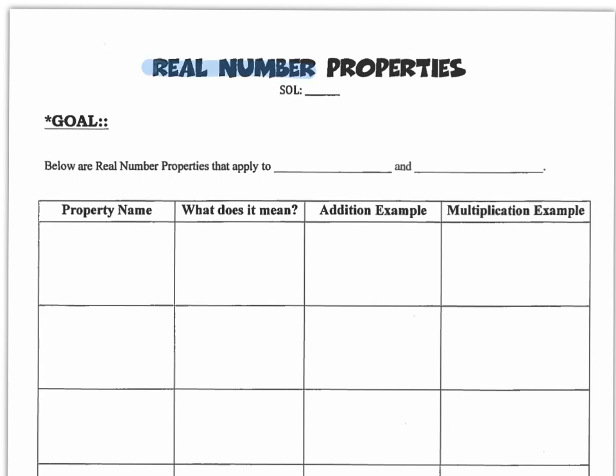So highlight my title. I've used this in previous years and it talks about SOL. We don't need to do that, so you can just cross that out because it doesn't matter. And then I'm also going to highlight where it says goal, because everything we do in this class has a goal, okay? So our goal is to determine